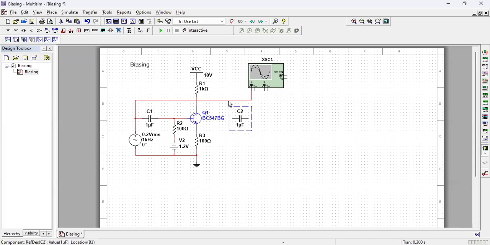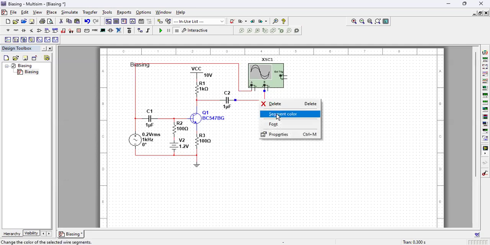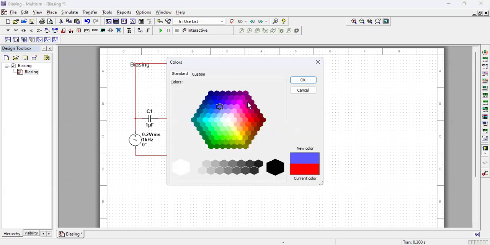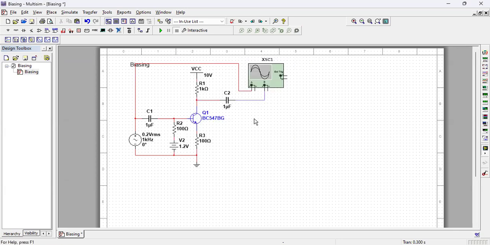I connect here and then I connect it to the oscilloscope, color blue, and I put another resistance here